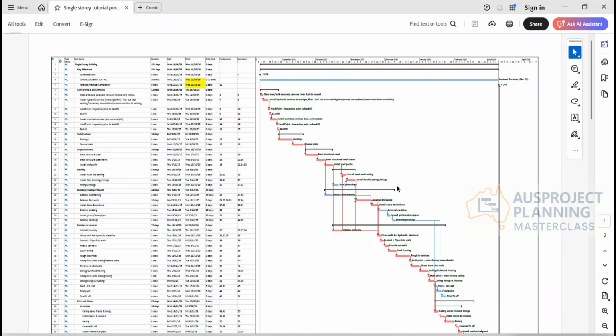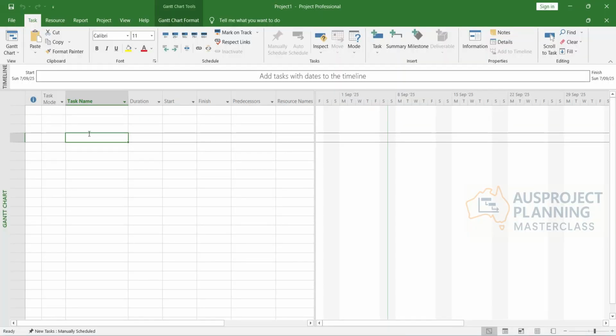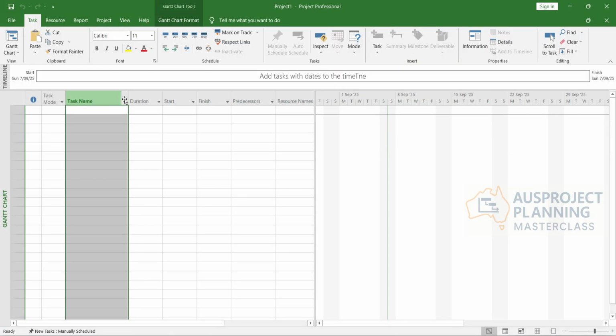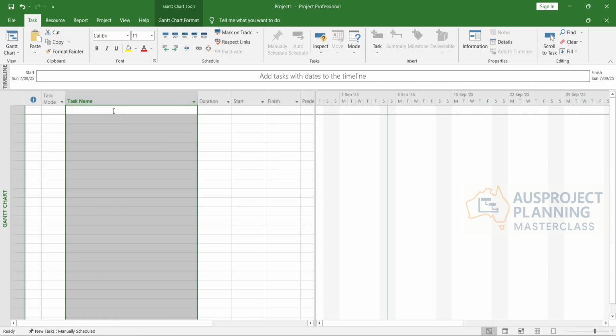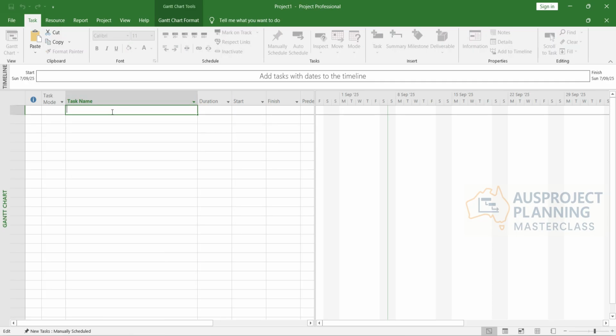Hello everyone, in this tutorial we're going to learn how to make a basic work program. Once you open your Microsoft Project, we can start keying in the tasks. I'll make the task name column a little bit wider, and here you can just say Key Milestone, and